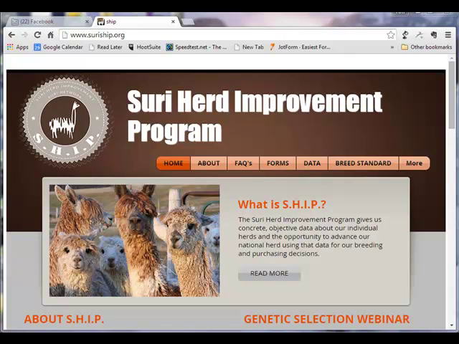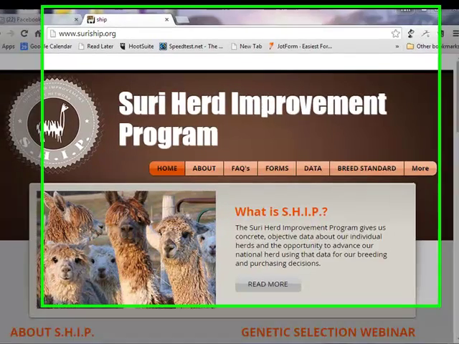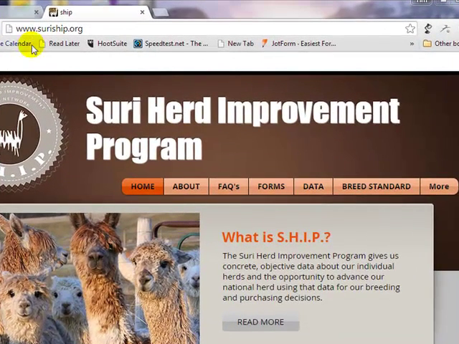This video will show how classification data is entered into the SHIP database. It's designated for the classifiers to use as they prepare to enter raw data. So the first thing to do is go to the